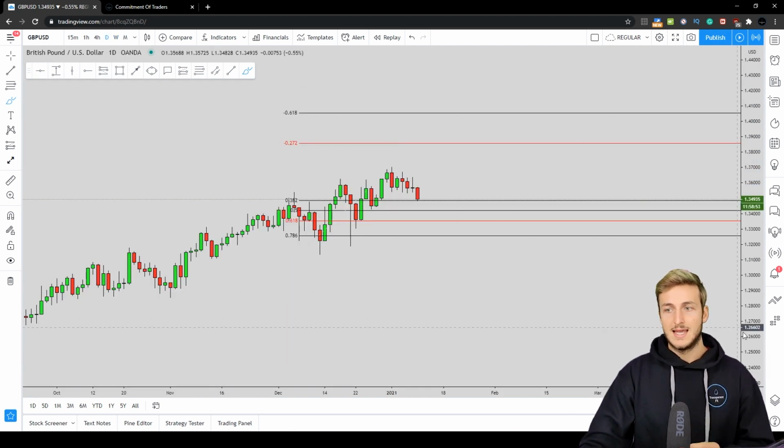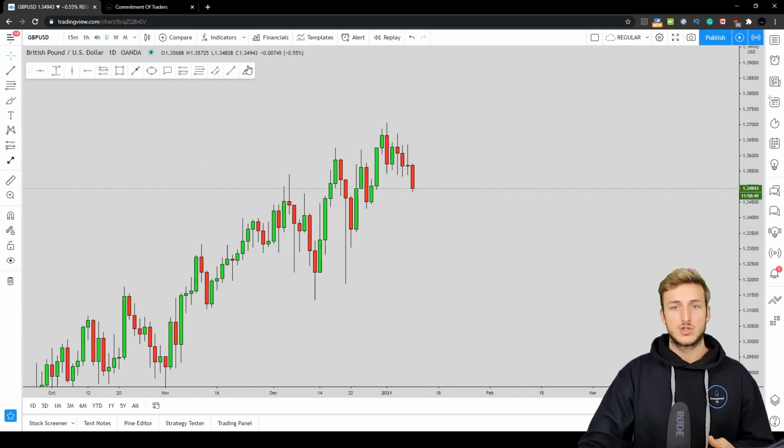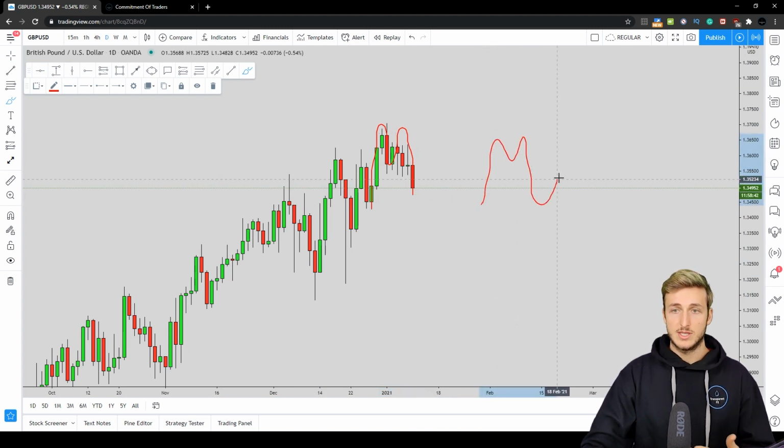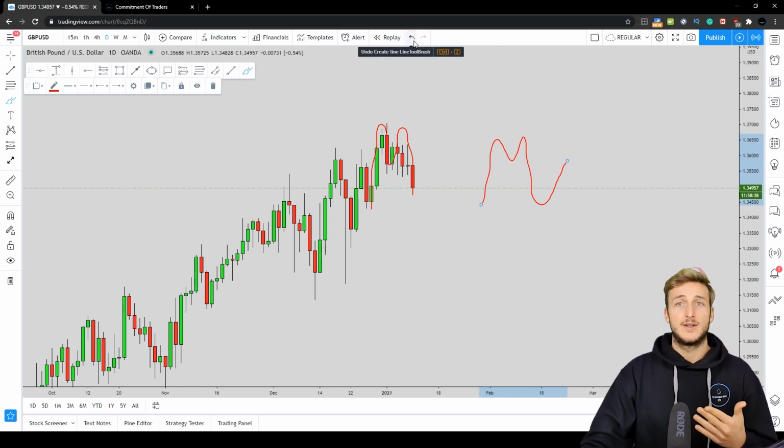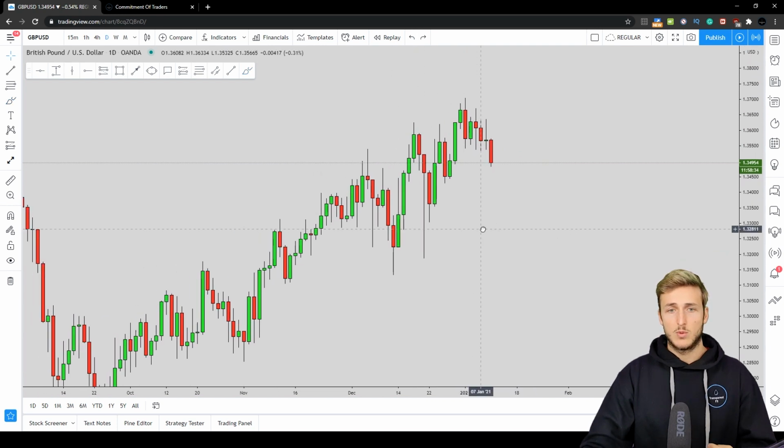Going down on the daily time frame, what do we see? Now, on the daily time frame, we have a market which currently is providing this M formation. Now, after an M formation, what you want to see is the market create a move to the upside. But before we speak about where are the next opportunities for GBP USD, let's first give a quick recap of